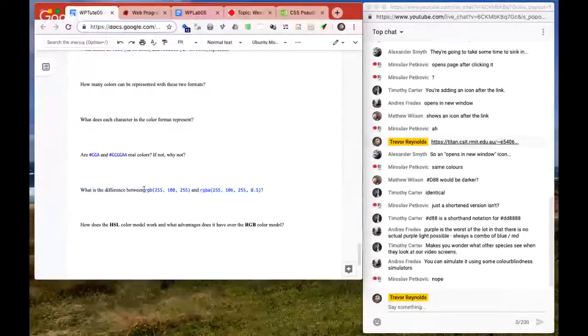So we've got RGB. The red channel's on full, the indigo blue channel's on full, and there's just a little bit of green missing. So this is going to have a sort of hot pink,